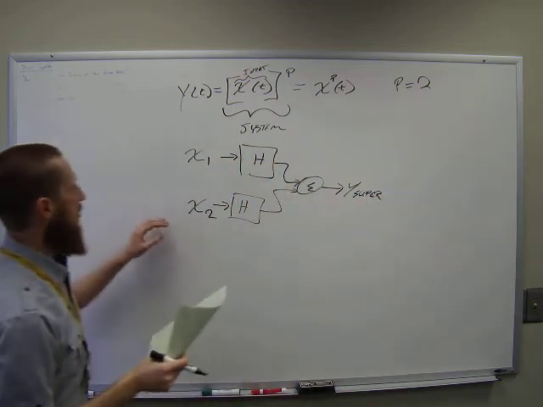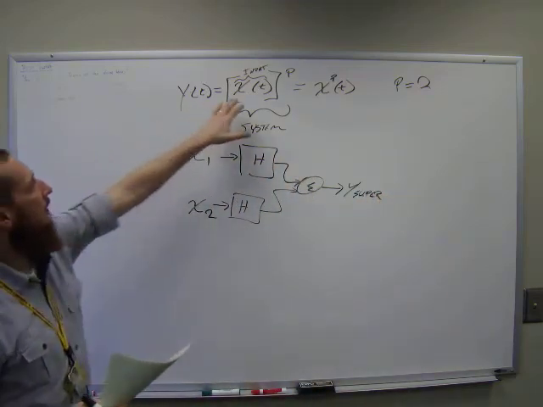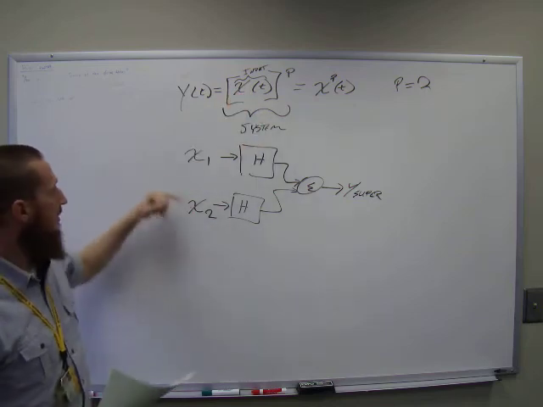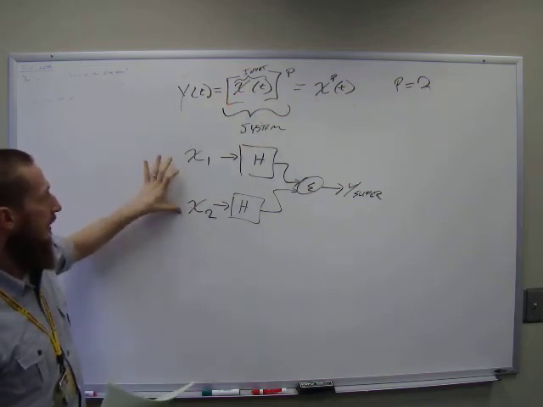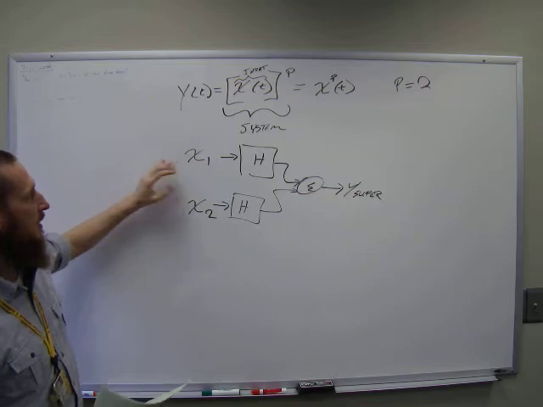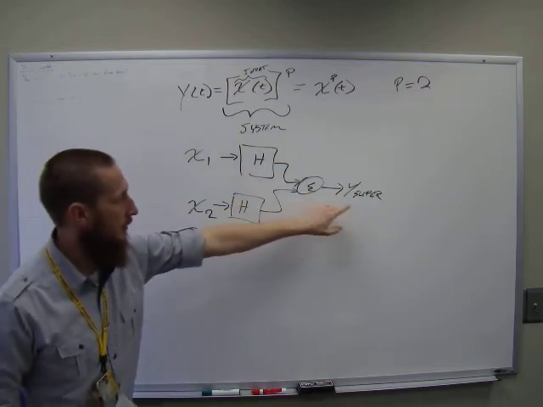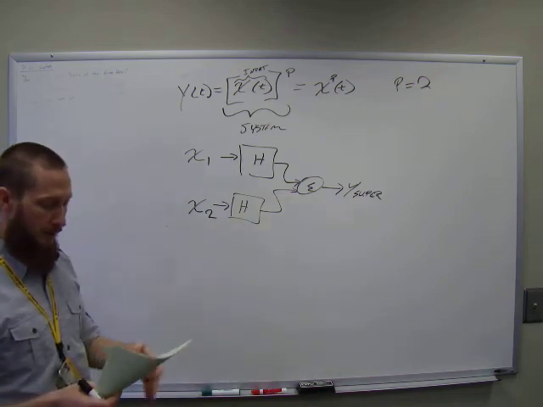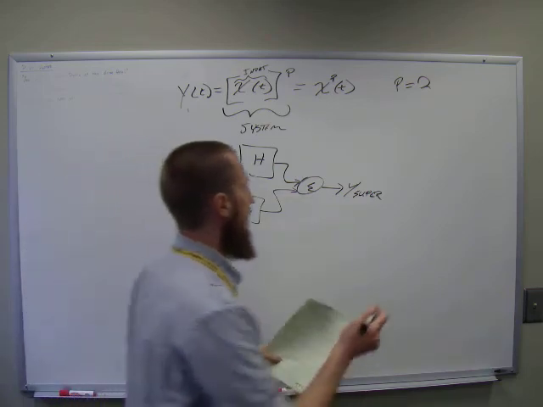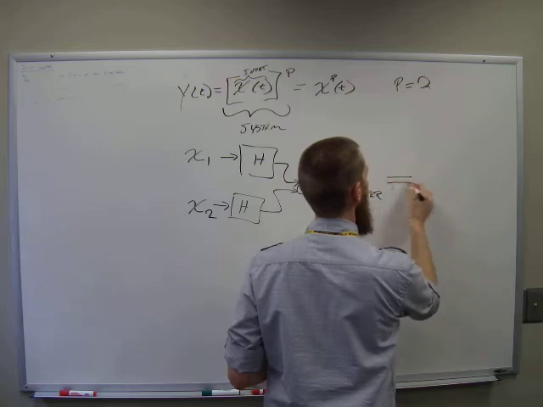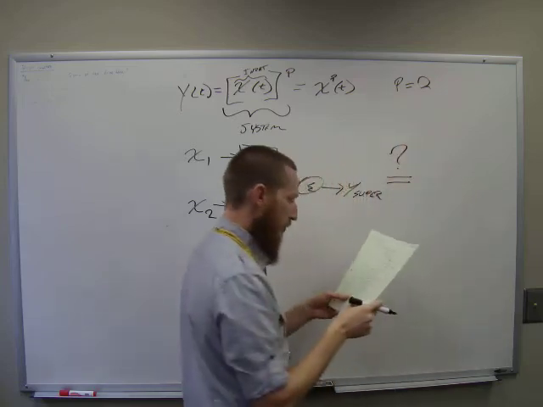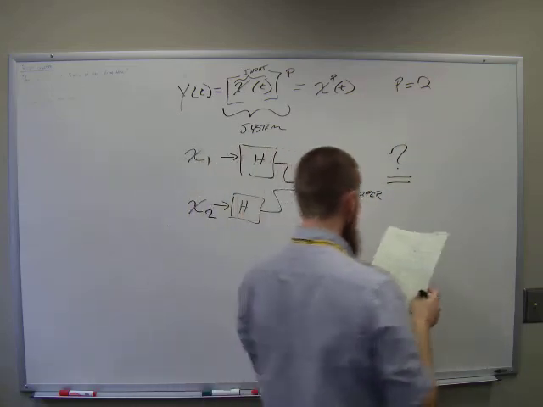This is a superposition. If we send them both through the system individually, then sum them at the output, we get an output value. And that should be equal to,